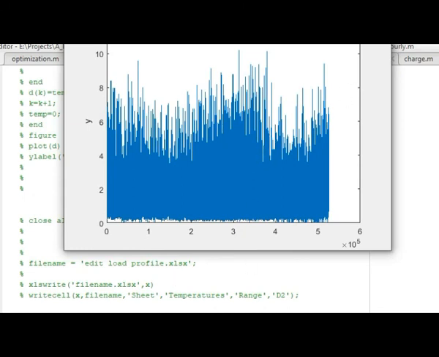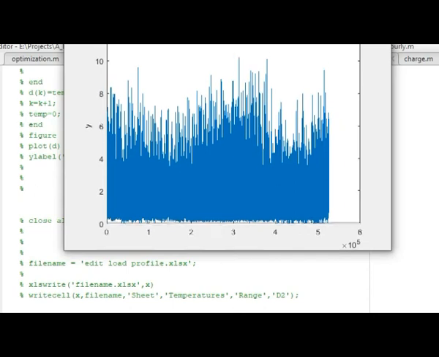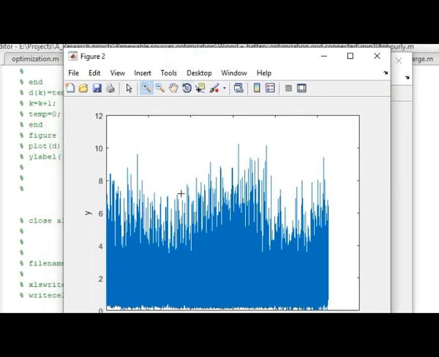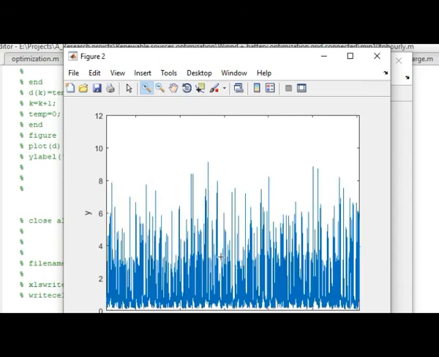So you can see here, this was the data which we have read from the Excel sheet, this one.